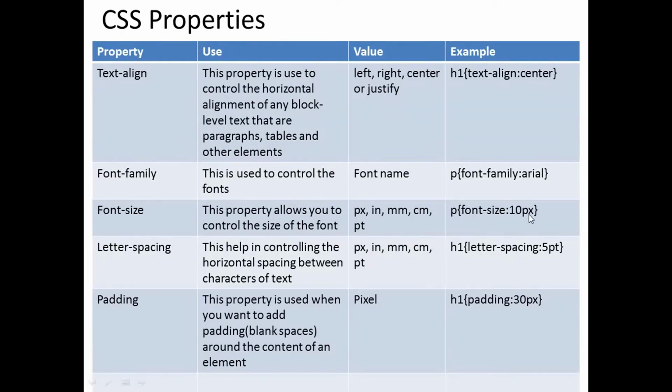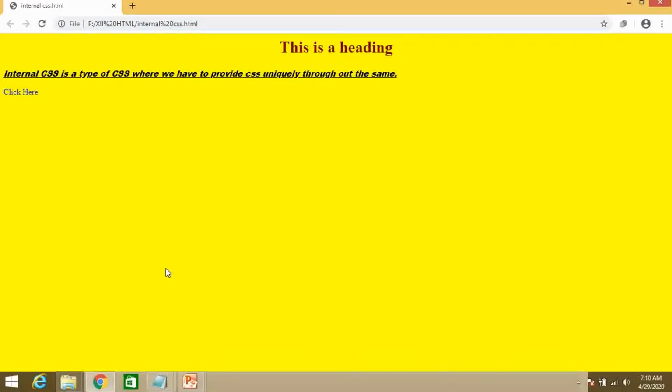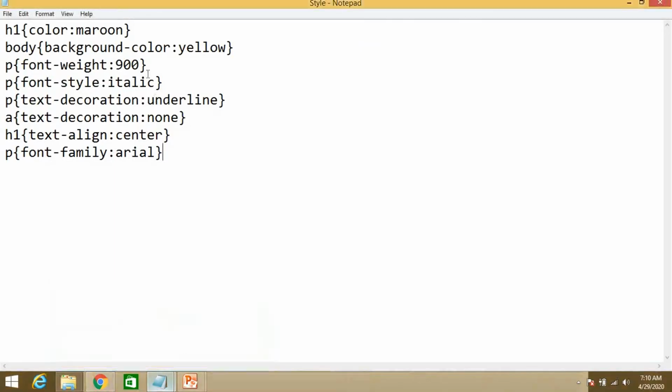Next is size. p font size 10px. Basically this is used to give the size to the font, and it is mostly written in px, that is pixels. Let's see how to apply this. Write p font size, the value 10px.